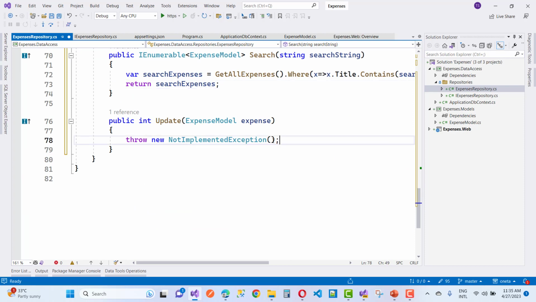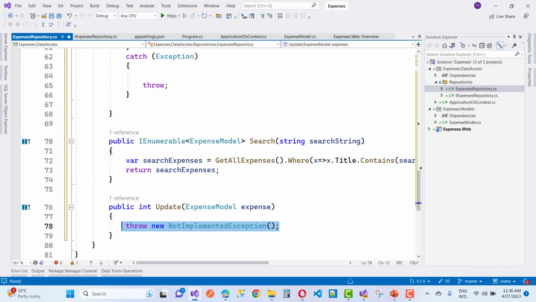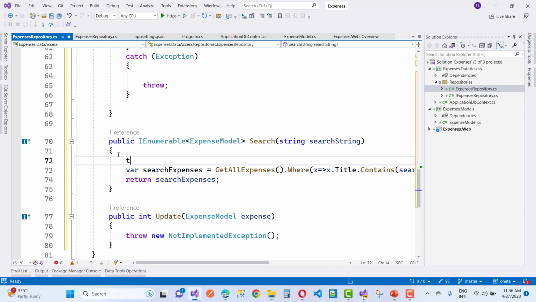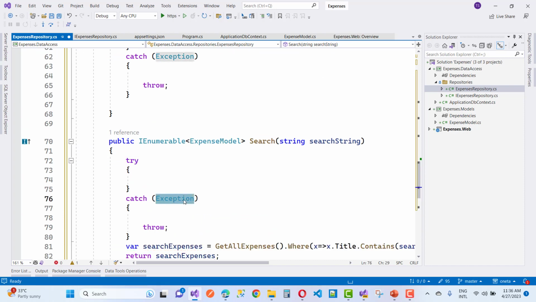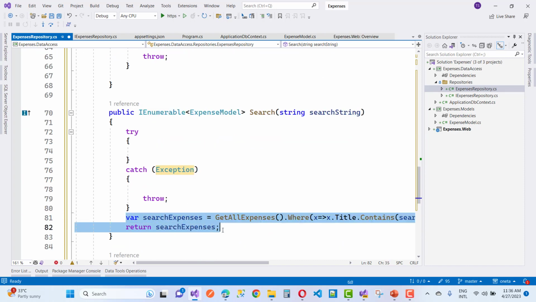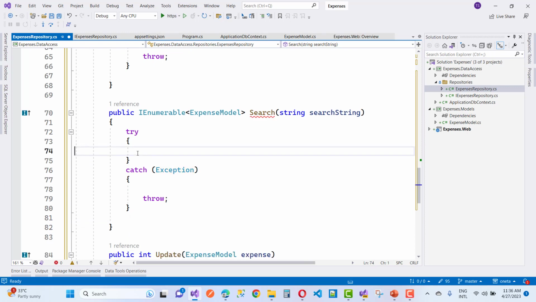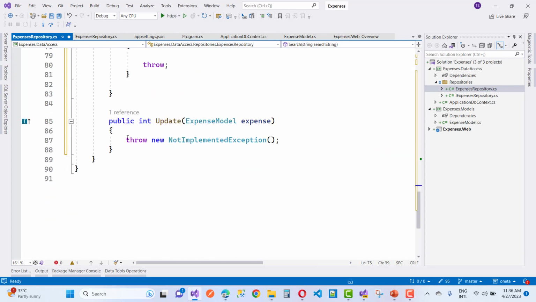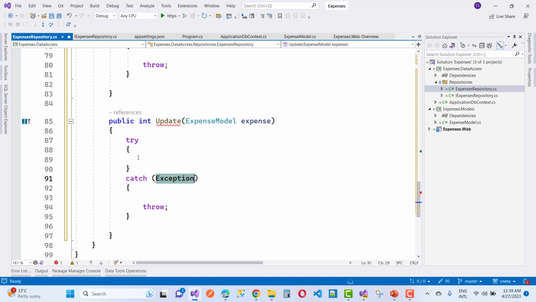And now the last one is the update, so I also want to use try and catch exceptions here. Now the next one is the update expenses. So update expenses is like that, I just want to use it. Now after that we will go for try and catch, and you know that in the update method, I want to return, or you can say _context